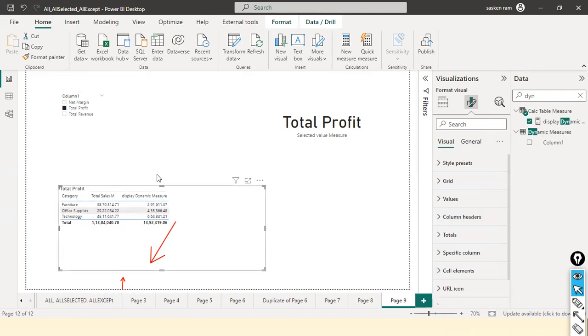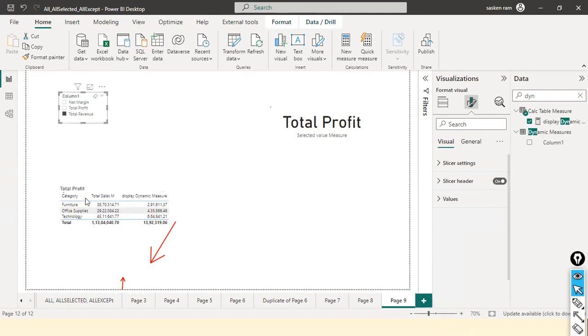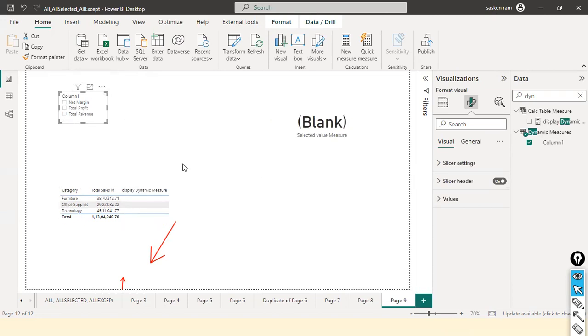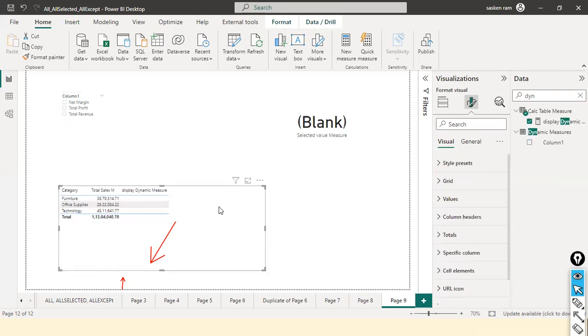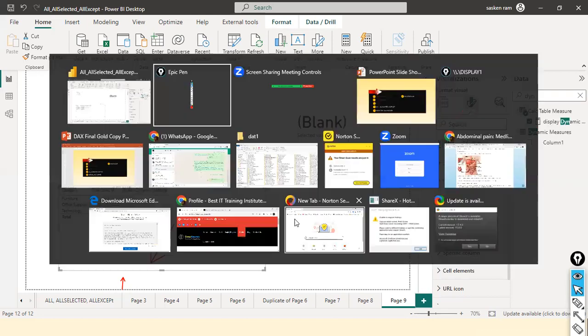Look at total profit, right? When I click on total revenue, it comes here in the title. Can you see it? So this is how you can dynamically display the measures, and you can dynamically change the visual title. This one you practice without fail. Okay, this is very much important. Okay, next one is